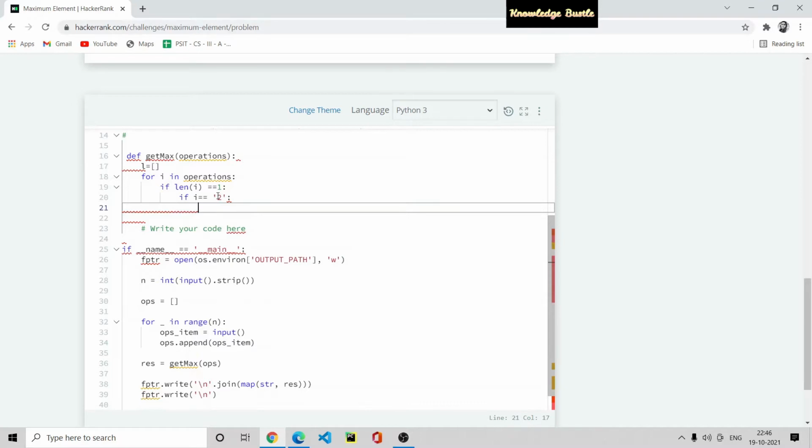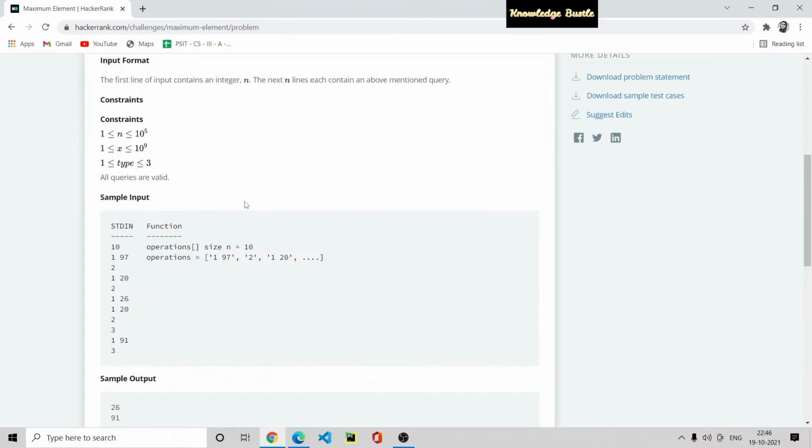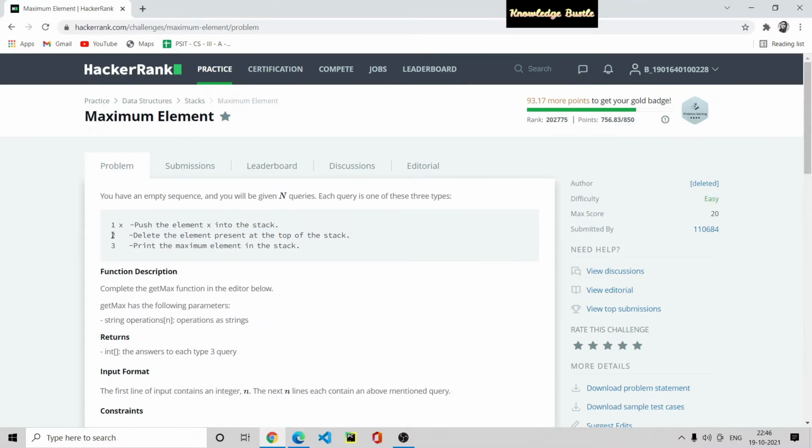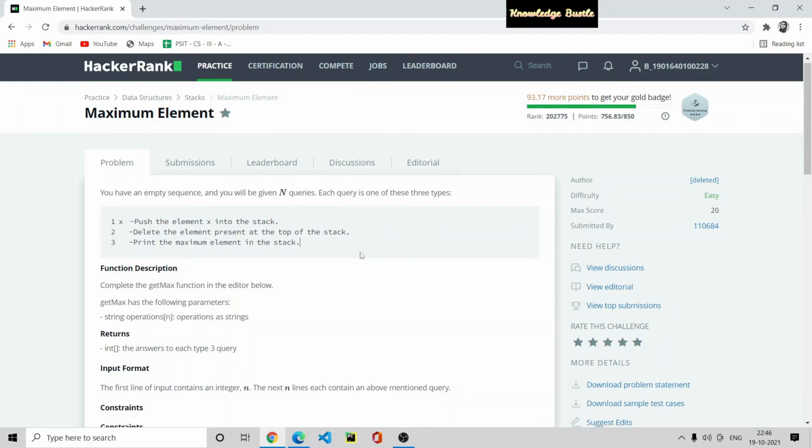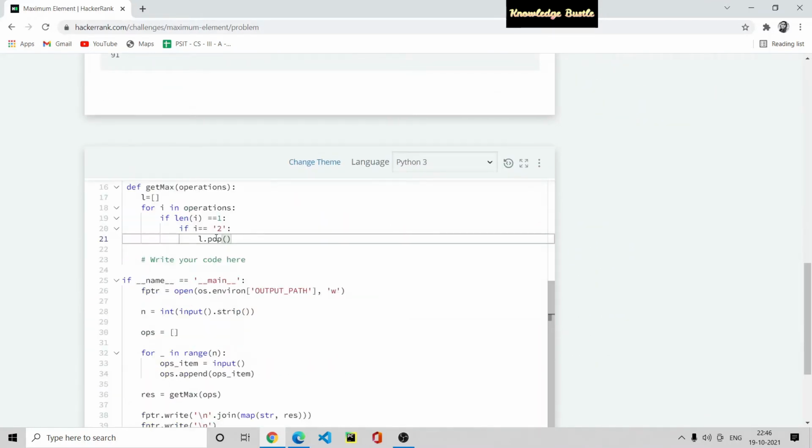So if i is equal to 2, then L.pop. The pop function in Python deletes the last element of the list. It is written that if we have query 2, then delete the last element of the stack. So if i is equal to 2, then L.pop.